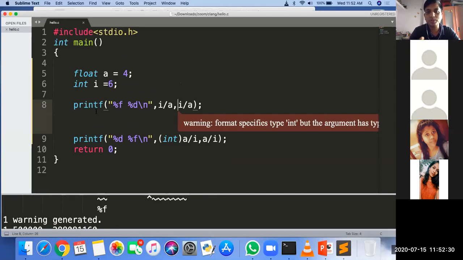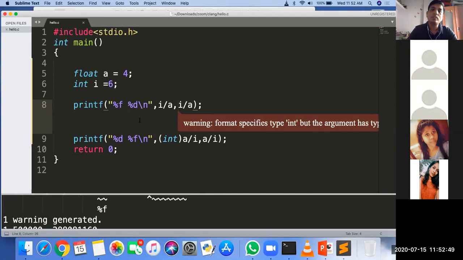In an MCQ it is explicitly given if it is a compiler specific problem. It is stated: consider Turbo C, what is the output of the following program, or consider GCC, what is the output of the following program.